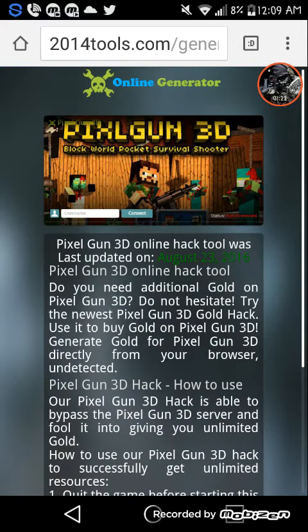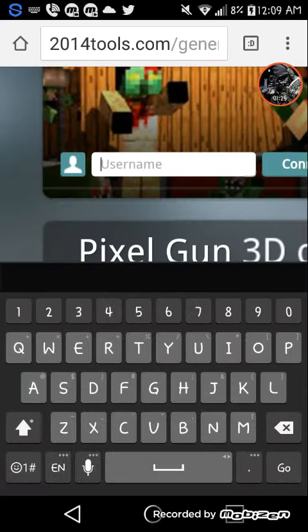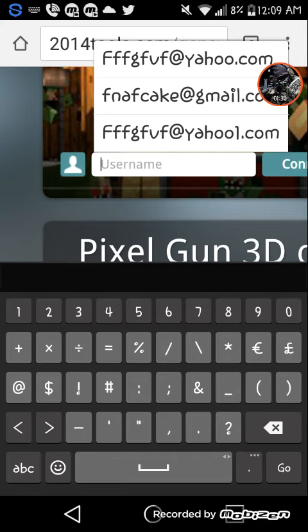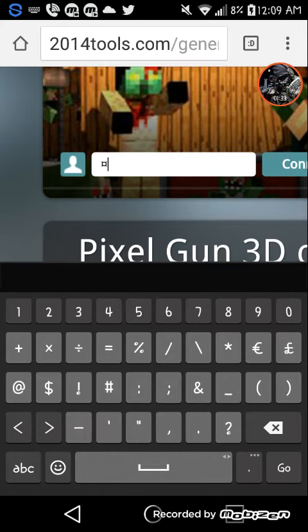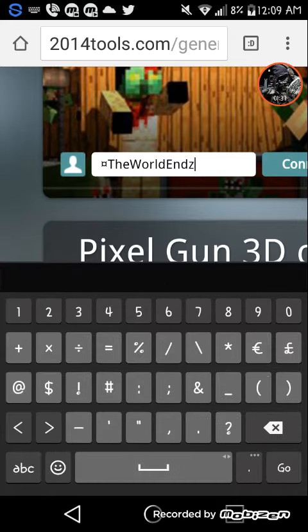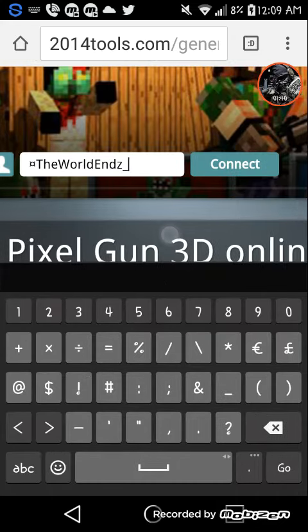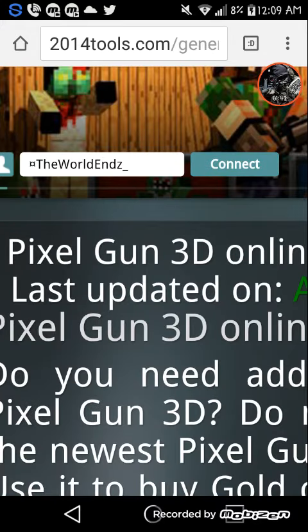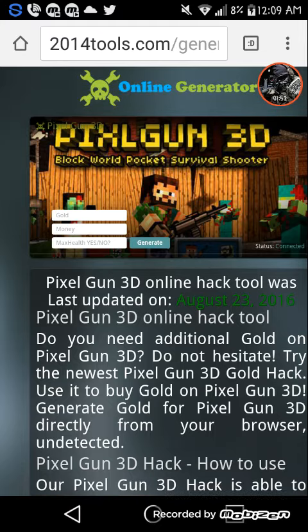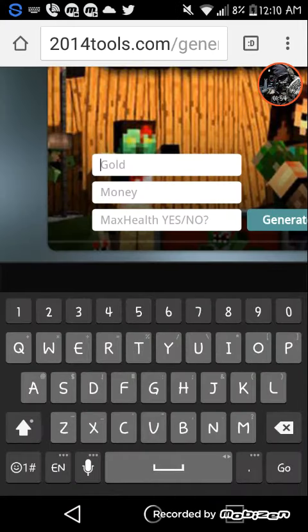Now type in your username. Now go type in any number.